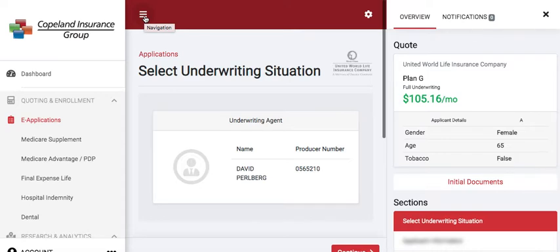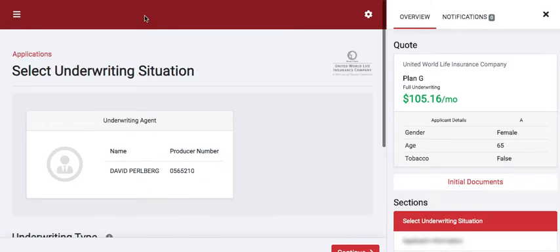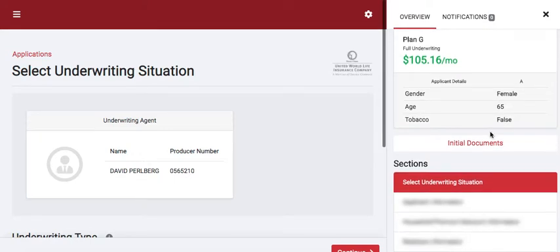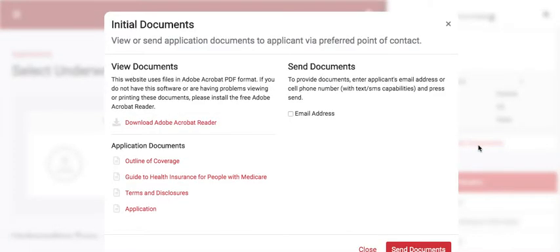navigation bars at the top. You can collapse those, that way you have a little bit more room to see on your screen. As I mentioned, your quote information carries over here on the right. Any initial documents as far as the application and outline of coverage, the terms, everything is available. So if you needed a paper version of the application, you can open those, download them. You can also send any of these documents as well by selecting email address and then typing in the email